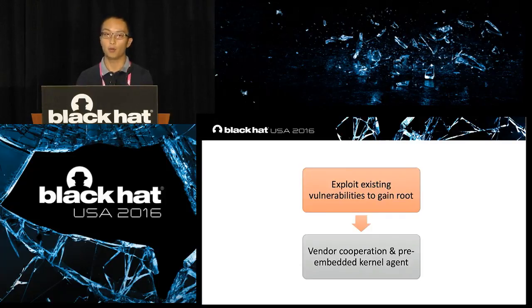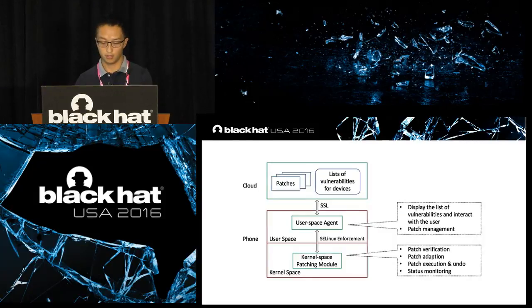So we have to exploit the vulnerabilities first in order to fix the vulnerabilities. That's an unstable solution, because if you try to root in the first place, you may crash the phone. So what if the vendor can cooperate with us? Here's the scheme where the phone vendors and the security vendors can work together to integrate the adapt K-patch